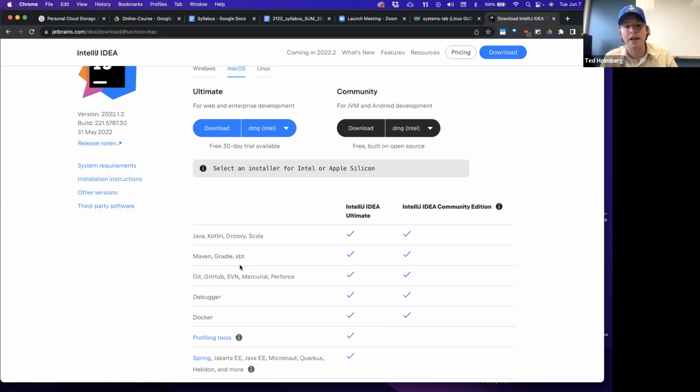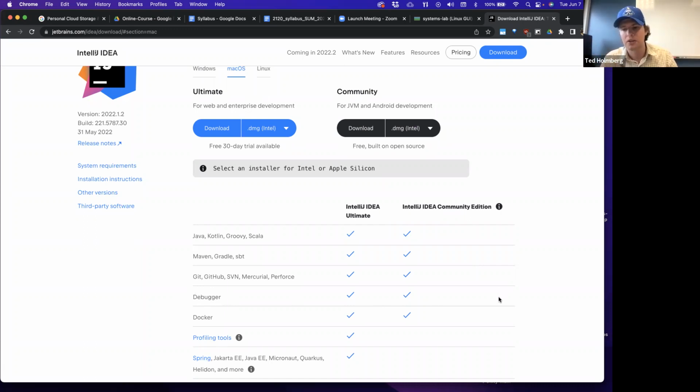And so there are things that we'll try to touch over the course of this semester. I would love to teach you some of the build tools like Maven or Gradle. We can integrate our version control into this. We can go ahead and use a debugger. If we have time sometime during the semester, when we get into testing, I also want to show you debugging. So there are a lot of tools to help you build code faster, test it, validate it, and reduce the amount of time it takes to create